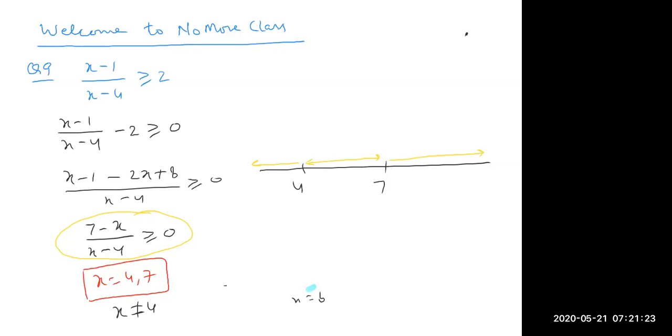One easiest method I've told: choose a number more than the largest root. That means I'm selecting a number here. So any number you can choose more than 7. You can choose x equal to 8 or 9 or 10 or 100 or 1000, any number. Now tell me which number you want to choose. Yes, tell me. You want to select 100?